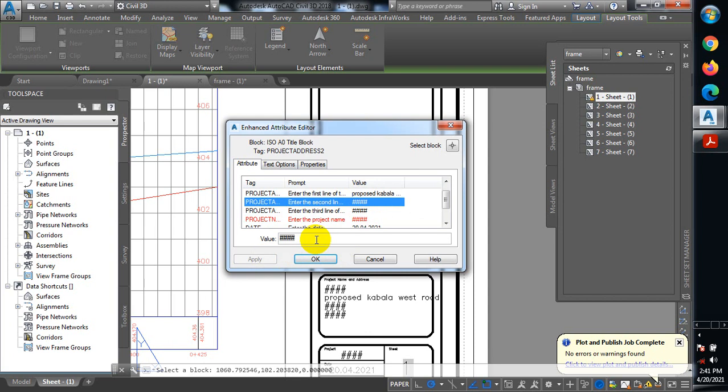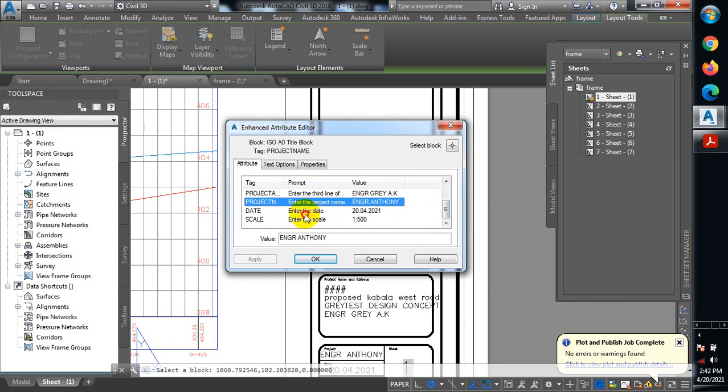Let's say this is the name of, let me give it greatest design concepts. Apply. Apply. Checked by, apply,